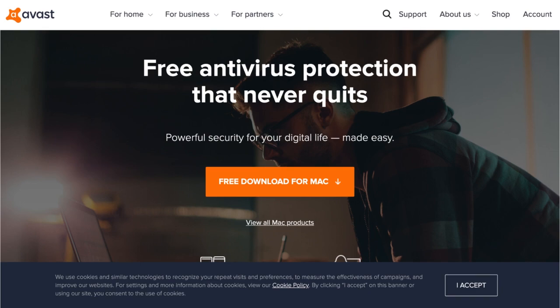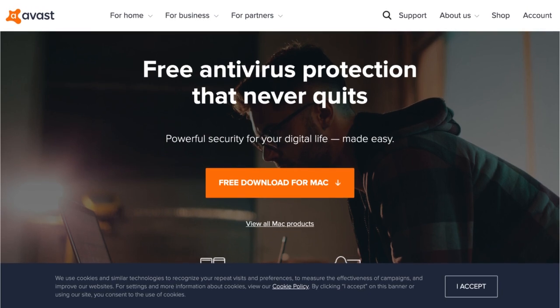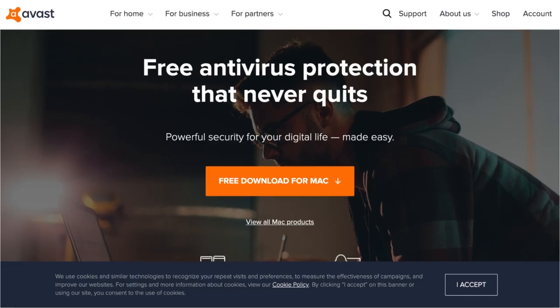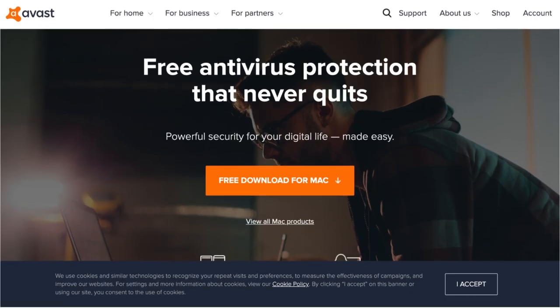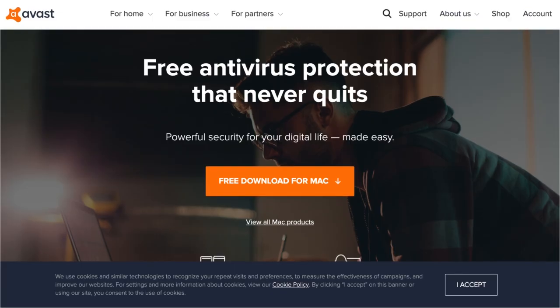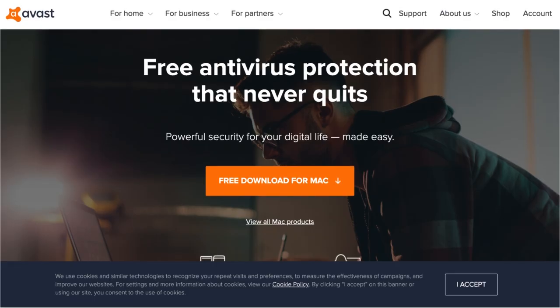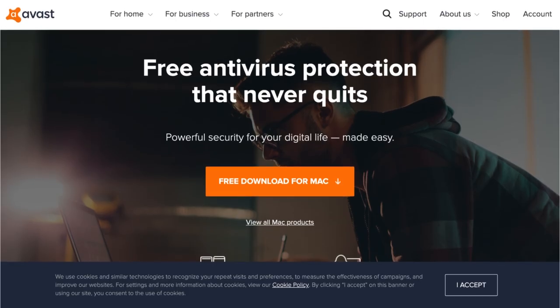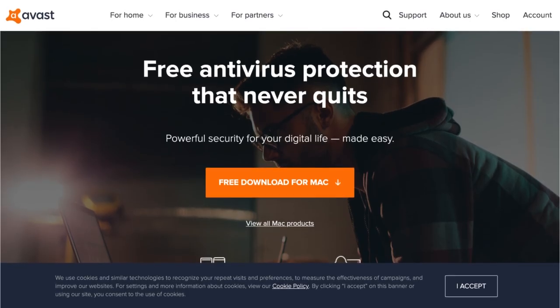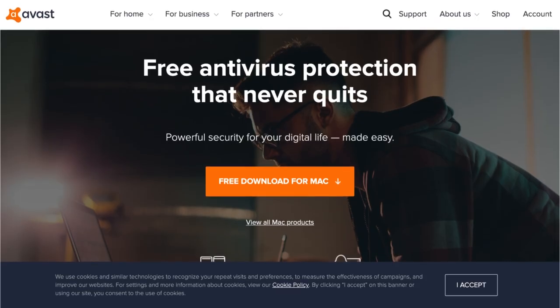Now, let's talk about antivirus software. There's one particular software that I'd highly recommend, and it is called Avast. Avast is free. There is an upgraded version, but Avast, in my opinion, is one of the leading antivirus software companies, and there are a lot of ones that cost money. We like Avast because it actually scans in real time. There are other types of antivirus software out there, like McAfee or Kaspersky, but Avast proved to be really good